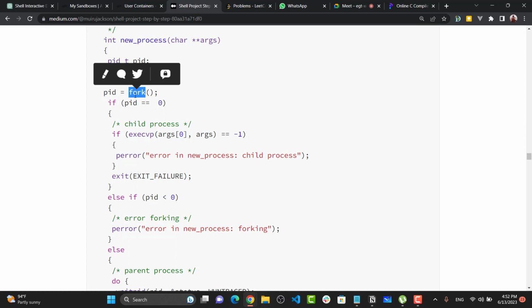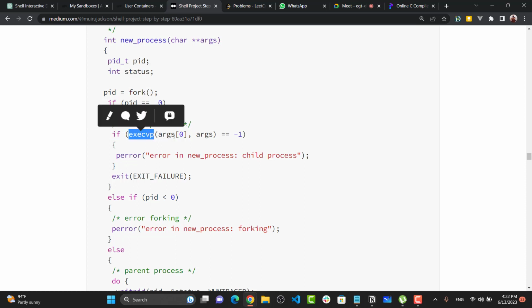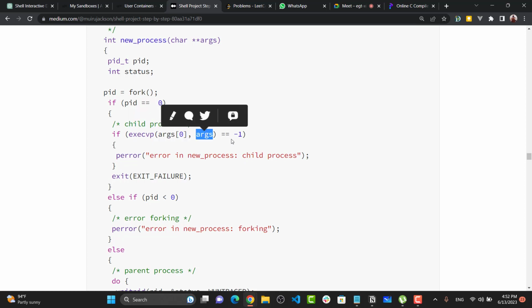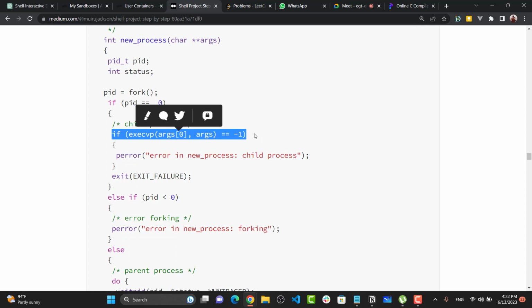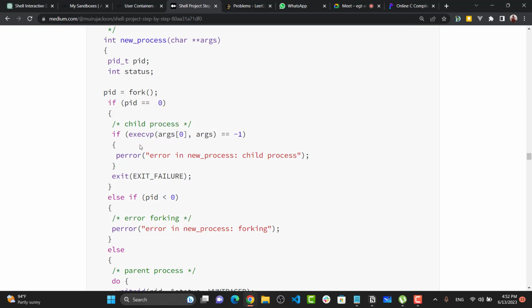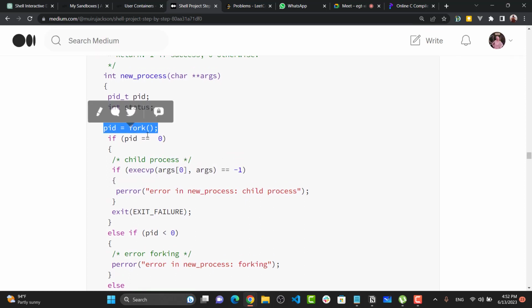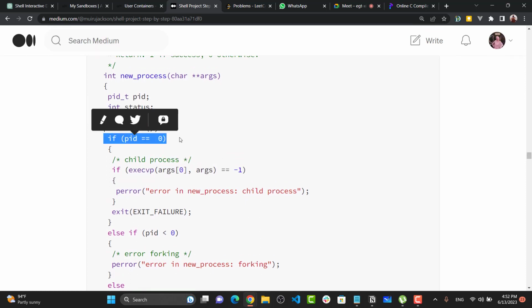Just because of that, I made the fork. And here I'm calling the exec function to execute argument 0 with the list of arguments, and at the same time I'm checking if there is any error. So I made the fork, and I'm saying if I am in a child process, because we know that we